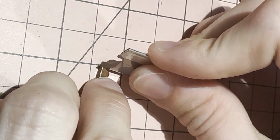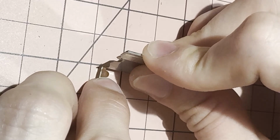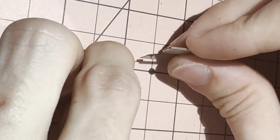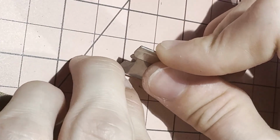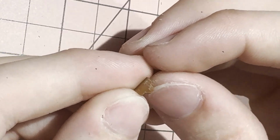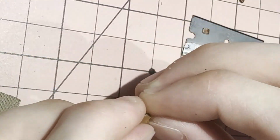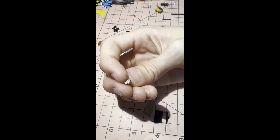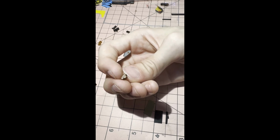And again, just cutting a little bit beyond where your intended mark is really helps, because then you can go in slowly and polish it up, versus accidentally cutting too far back initially, and then all your work is useless. We got the little foregrip now. Just got to do some more sanding and polishing around the edges, and then it's pretty much good to be